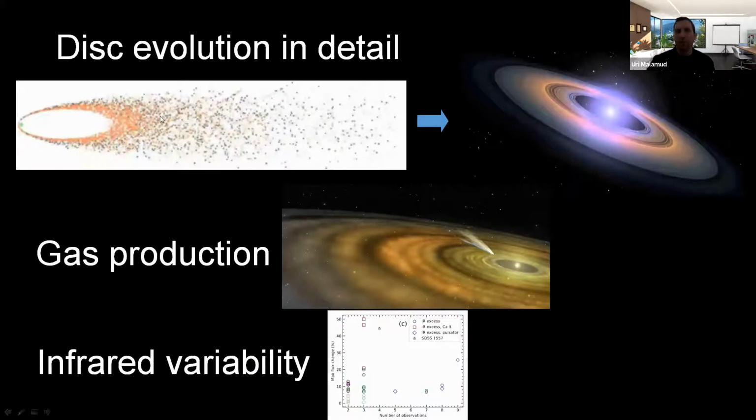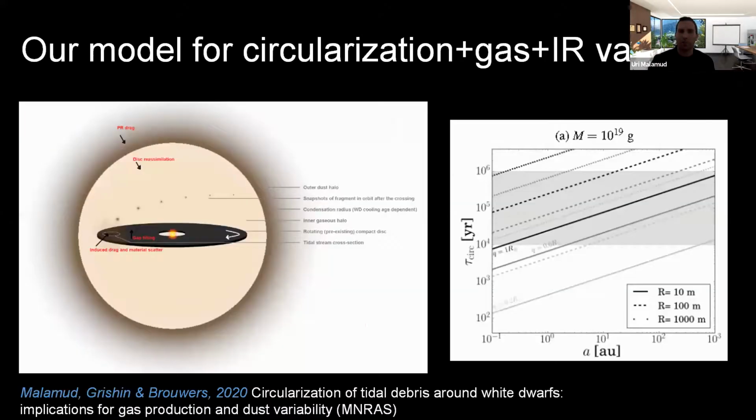At the end of this evolution, we have an eccentric disk full of fragments. These fragments are in the size range between 10 meters and 1,000 meters, according to various theoretical works. These fragments come to the disk, they collide with the disk, and they dissipate orbital energy. So you expect them to circularize on some time scale. Of course, this depends also on the size of the planetesimals or the fragments.